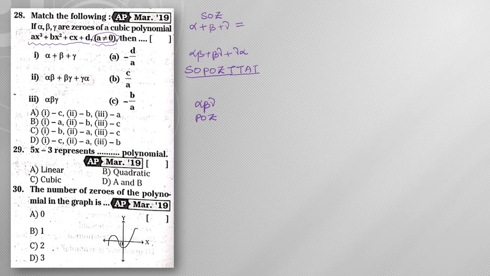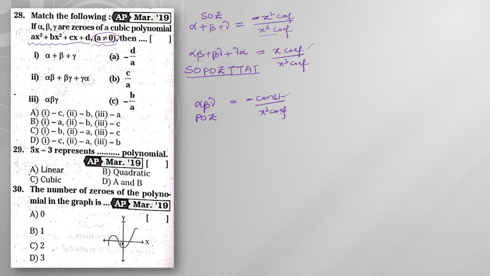Now moving on to sum of zeros. So sum of zeros formula is nothing but minus x square coefficient by x cube coefficient. Right. The same way, sum of product of zeros taken 2 at a time is nothing but x coefficient by x cube coefficient. Next, the same way, product of zeros is given by minus constant term by x cube coefficient. Now if you observe these three formulas, the x cube coefficient is common in the denominator, and it starts with minus. So alternately you are going to get plus minus plus minus. So next, here x square coefficient, after that x coefficient, after that constant.